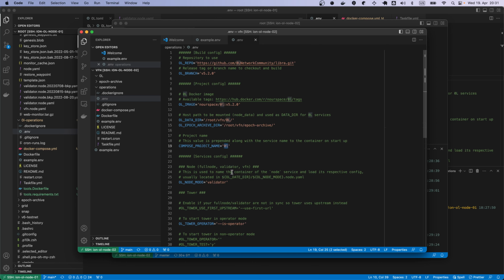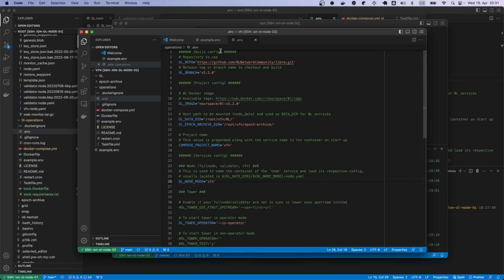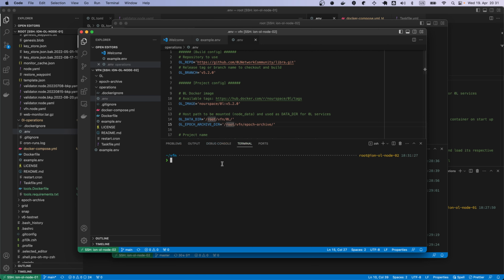I can call it VFN. The OL node mode will be VFN. I think the tower is useless in this case. The Rust log, this looks fine. So while we are on this VFN, we go to the operations, Docker, compose, up. No, I think I need to copy the node. So now it's pulling the image,